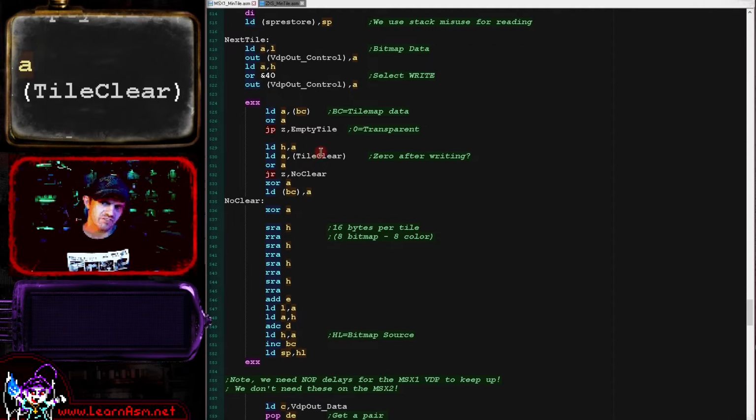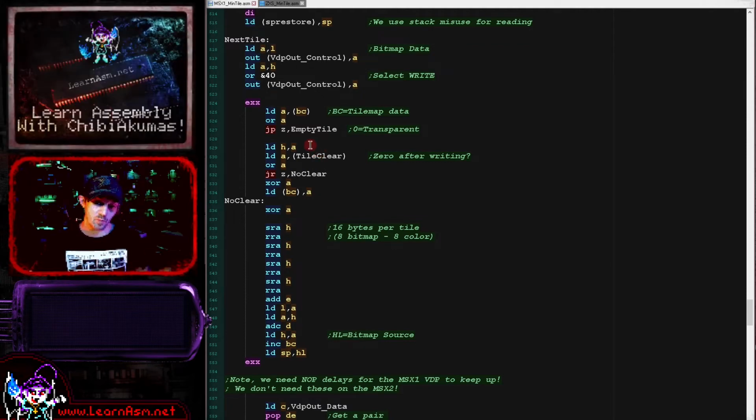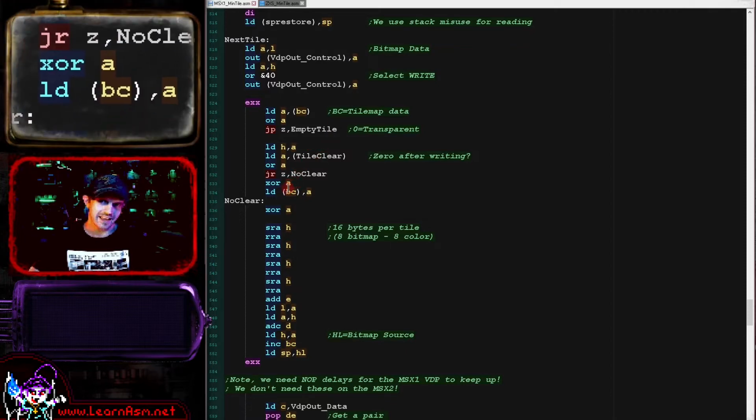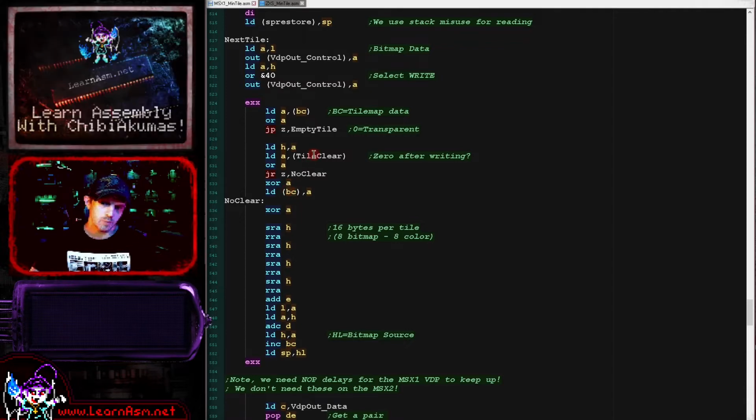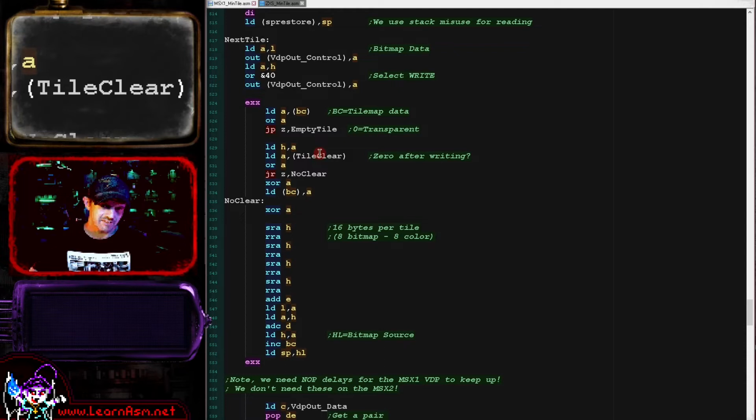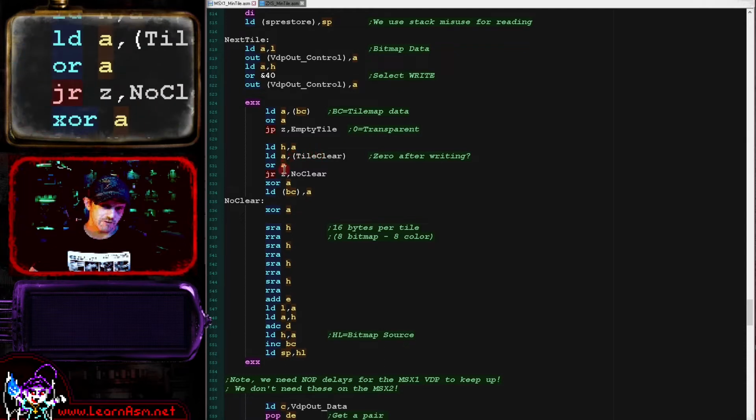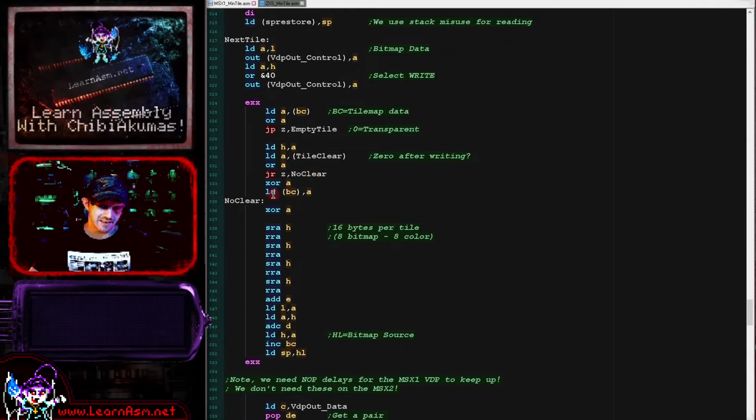Now this was done with self-modifying code on most systems, but we could be running from ROM here, and that's not the case. Now if we are to clear the tile, then we're doing that cache and we're writing a 0 back into the tile map. But if we are drawing a sprite, we don't want to do that, and so in that case the tile clear will be set to 0, otherwise it will be set to 1, and in that case we would just skip over to here. Now what we're going to do next is calculate the source bitmap data,